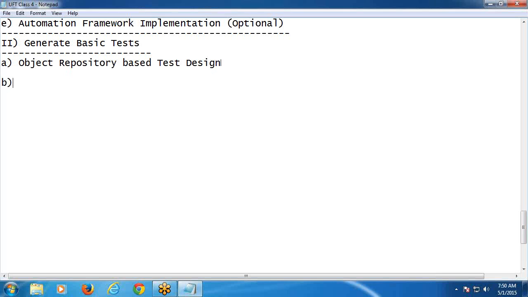Next, non-repository, without repository, that is descriptive programming. See, already I told, it is only a roadmap for our program. I am only indexing the concepts. We will discuss each and every concept in a detailed manner. Okay. Again, in object repository based test design,